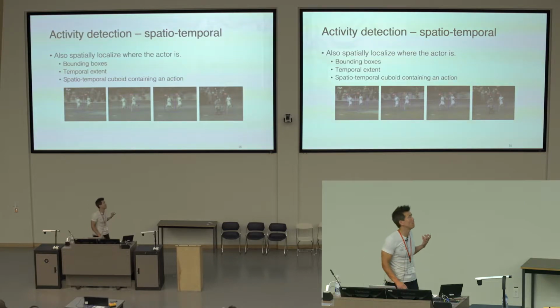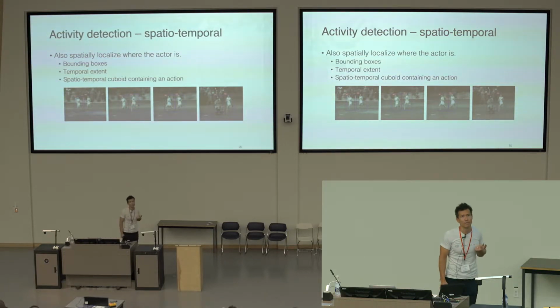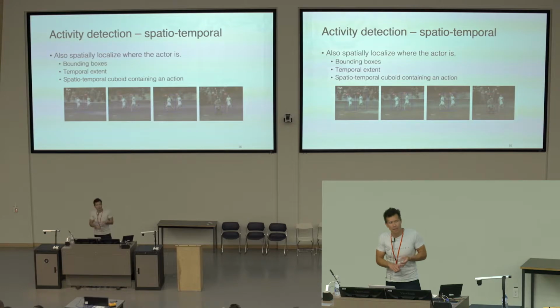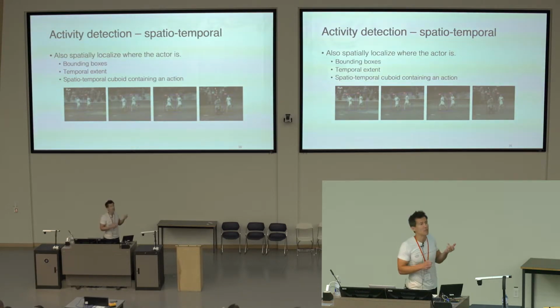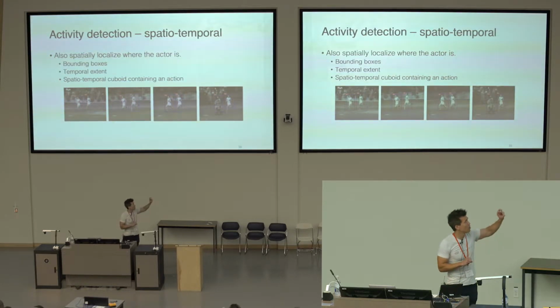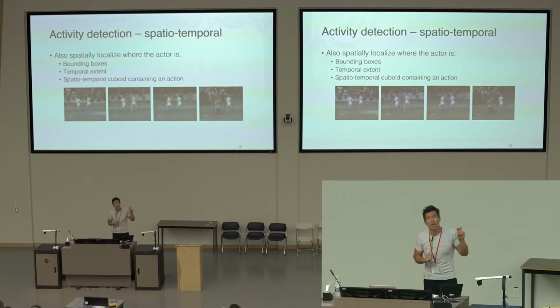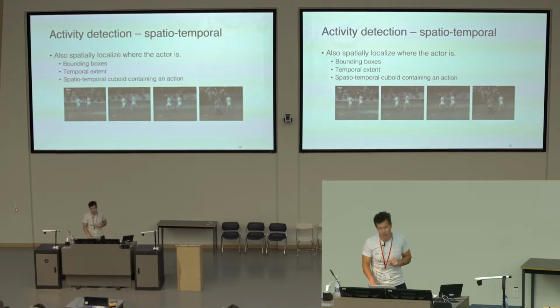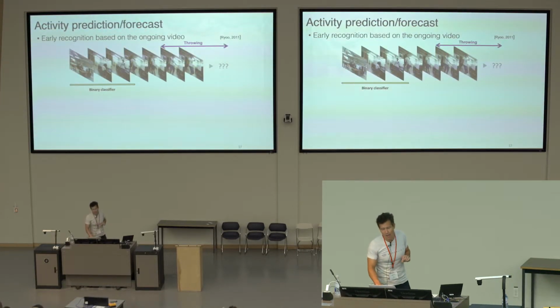Further beyond that, people often want to do actual spatiotemporal detection. And again, this can help answer the question not just, is there running in this scene, but how many people were running, where were they next to each other, for how long did they run, et cetera. That type of problem we refer to as spatiotemporal activity detection, and our goal is to put bounding boxes often around the people that are present, annotated in space and time, about whether they're performing a particular action of interest. I'm going to dive into a bit more detail on activity prediction and these methods later on in this segment.